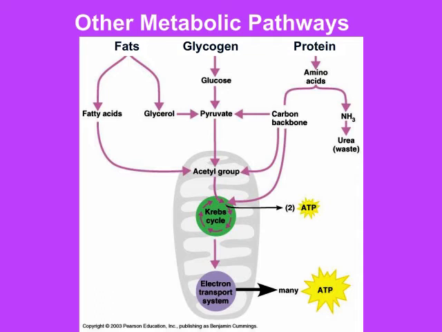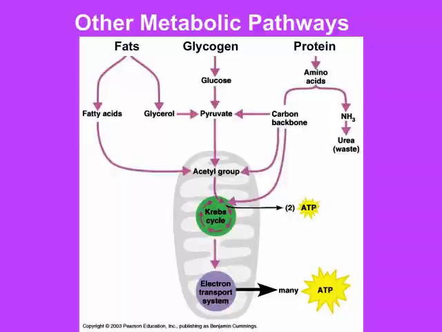In order to extract energy from fats and proteins, we specifically need the presence of oxygen because these only utilize the mitochondria, that is, the electron transport chain and the Krebs cycle, whereas we can get a little bit of energy out of glucose through the process of glycolysis, which does not require oxygen. But either way, if we have oxygen present, we're going to get a lot more ATP out of the food